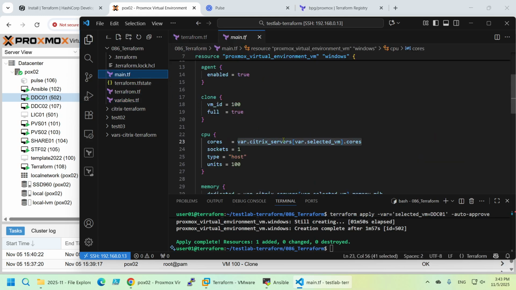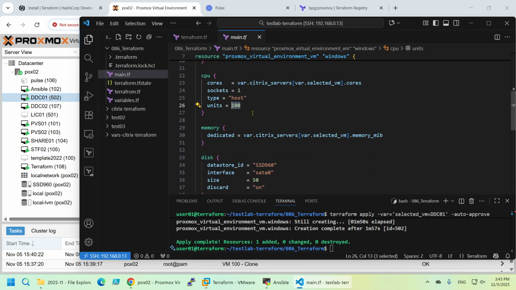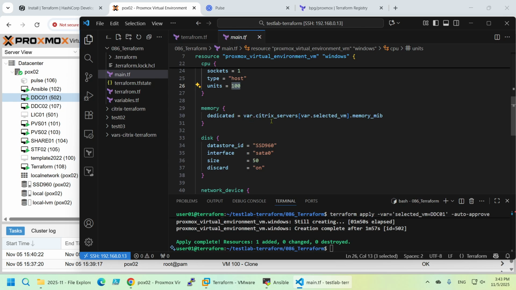Where is it? And the host, the type of the CPU is important. If you do not want to emulate any CPU type, then you use host, and it will take the CPU of your hypervisor. And units, this means how much, what percent of the CPU it will consume. At least this is how I understand it. Yeah, memory, this is defined in the other